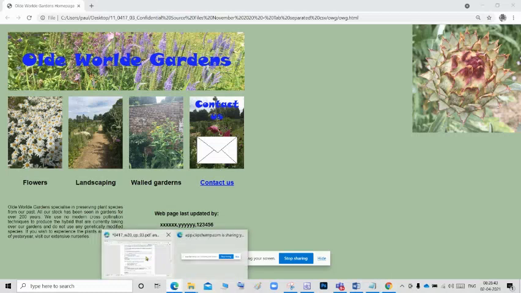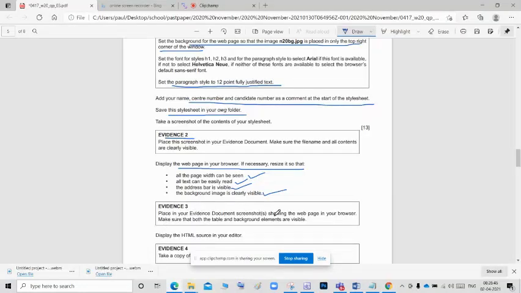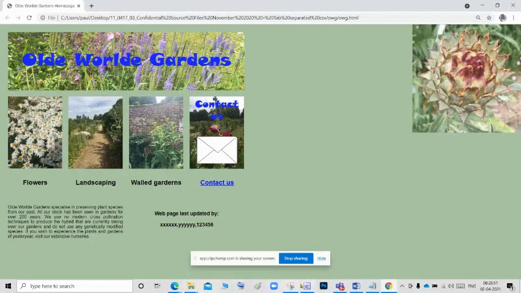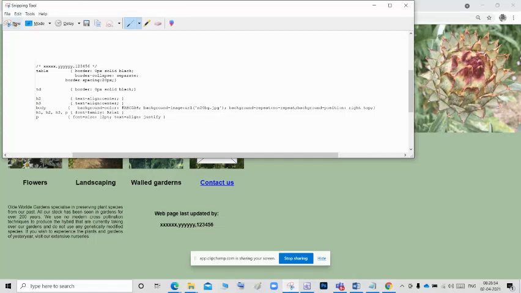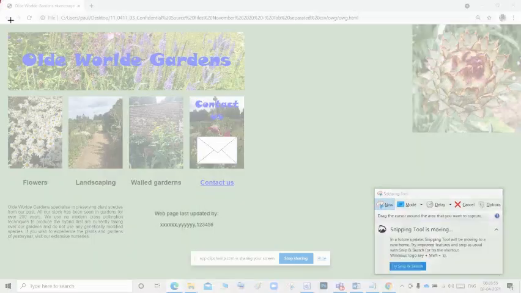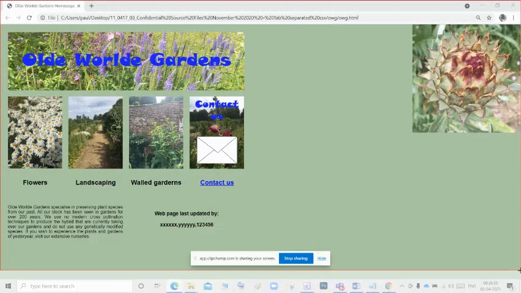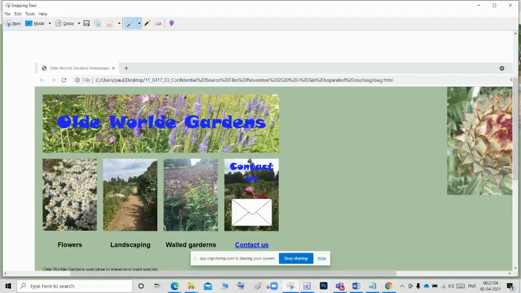Now next in the question they are asking, place in your evidence document, show the web page in your browser. Okay. Go to the snipping tool, select the web page, copy this, copy from full. I am using the sharing screen option, so it is coming like this.